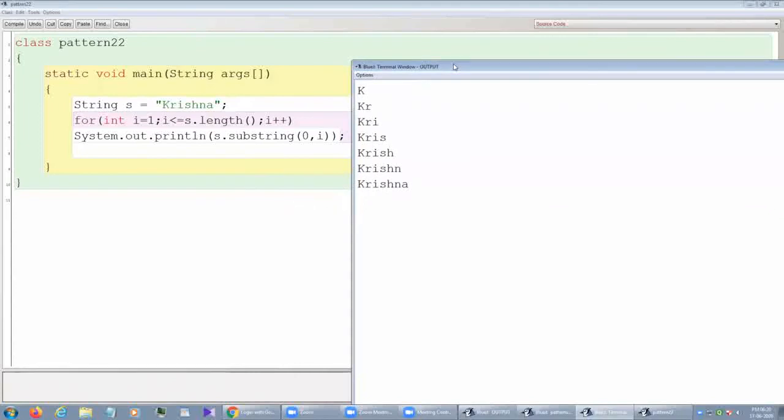It's your choice, you may do anything, but do it according to the needs of the question. So s.substring(0, i), let me explain how it will work.